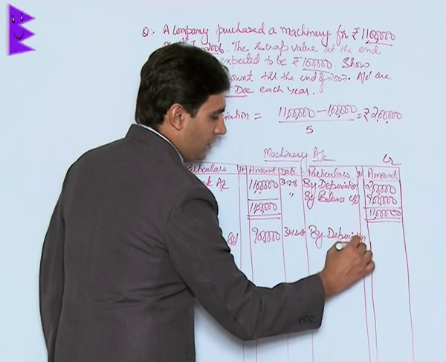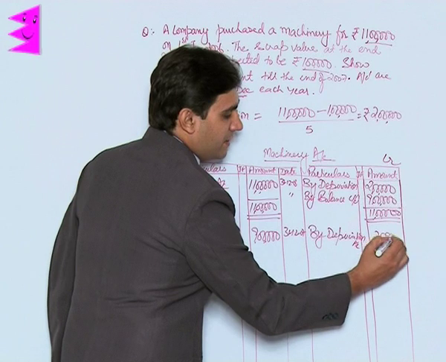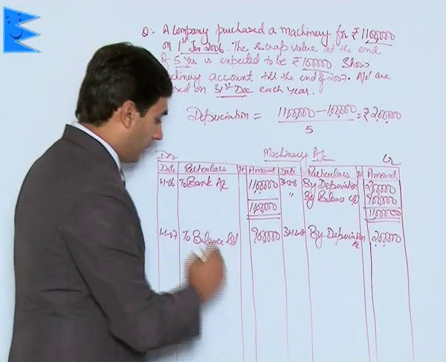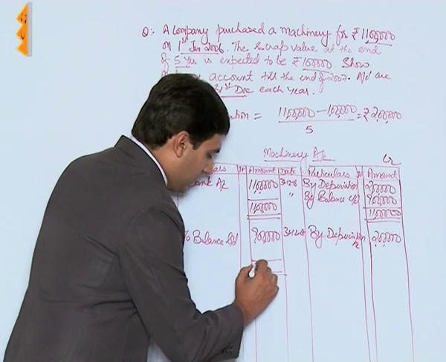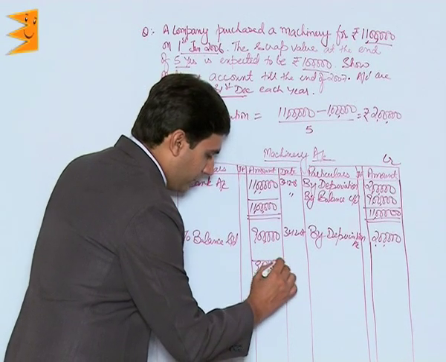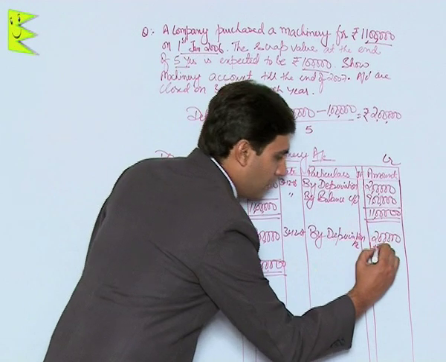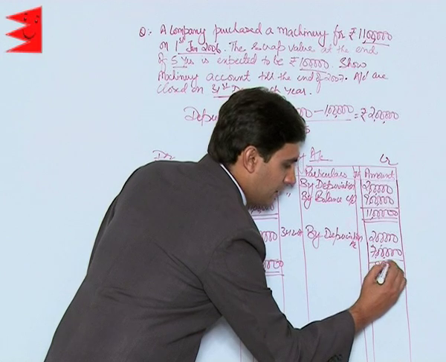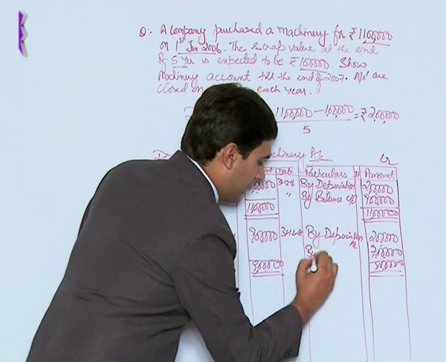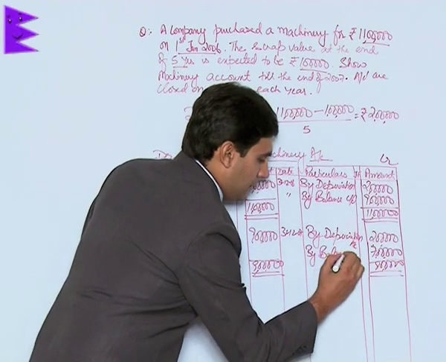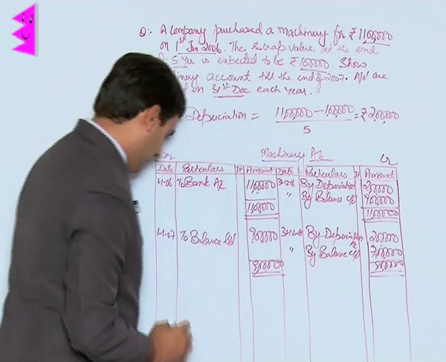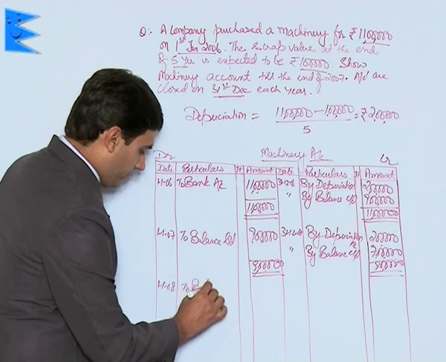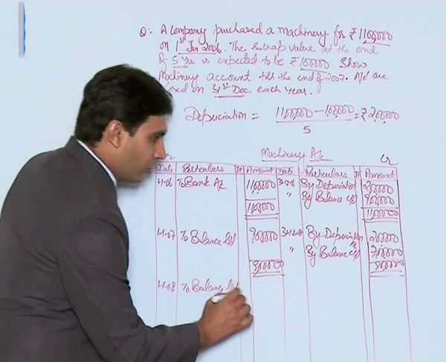So by depreciation account, rupees 2 lakh, since it is straight line method and we had calculated this amount to be rupees 2 lakh. At the end of this year, calculate the balance as we do in all other accounts. 9 lakh minus 2 lakh would be 7 lakh and the total would be rupees 9 lakh. Do mention it here as balance carried down. This balance would be brought down here as to balance brought down, which would be the opening balance